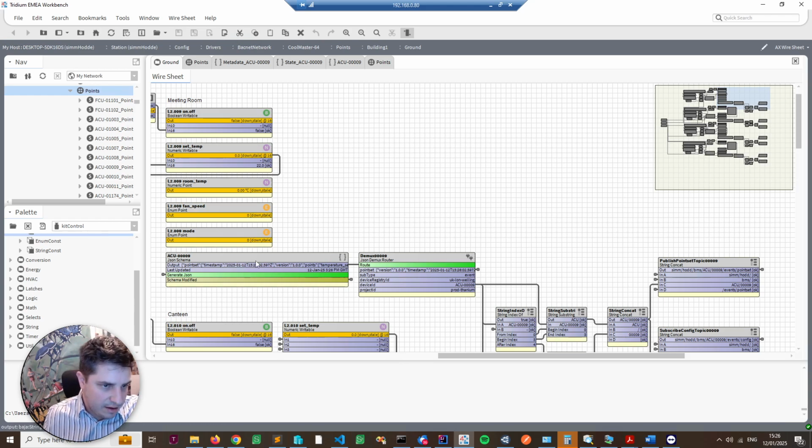From this particular air conditioning unit we have here at HQ on test, we have the Boolean on-off value. We have a numeric set temp value for writing back temperatures. We have a current feedback room temperature value. We have a fan speed enumerable point, and we have a mode enumerable point. And from that, to send this data